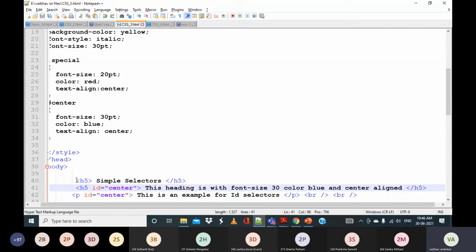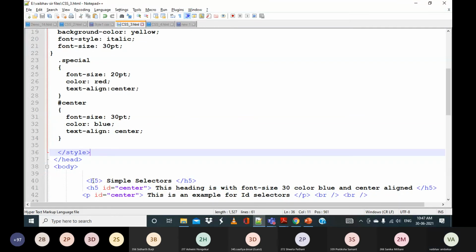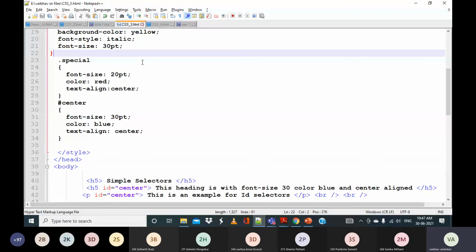What will happen to this h5 and what will happen to this h5? Can somebody tell me? So for this h5, it will apply the properties of simple selectors.